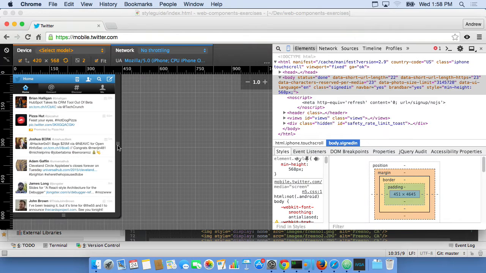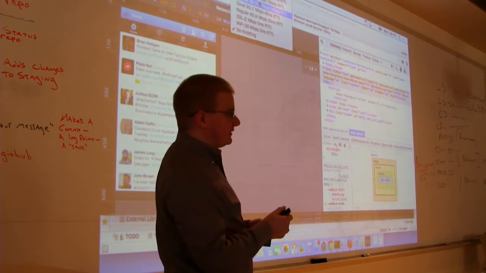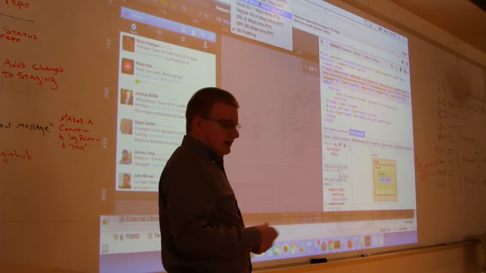So that's interesting. You can also throttle your network speed. This is a fairly new feature, and it's really useful because a lot of times when we're developing on very high-speed internet connections, if we're going to a server at all, or we might be going to a local device anyway. So we can actually throttle that internet